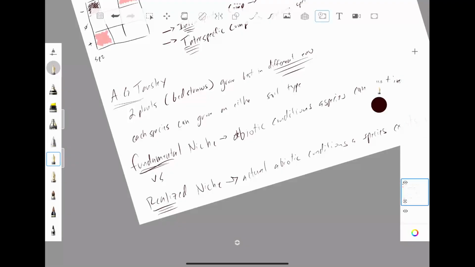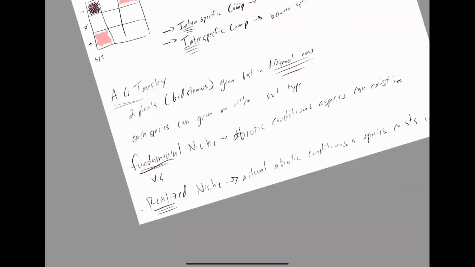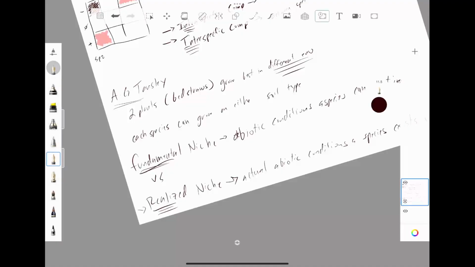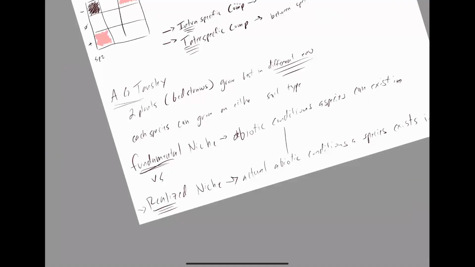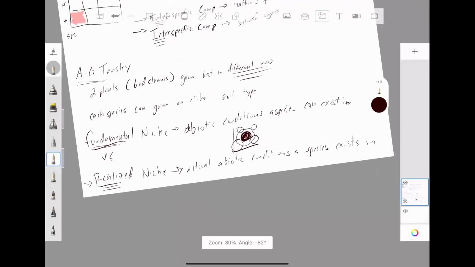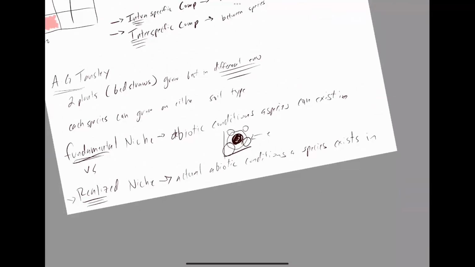Does that make sense? So in this case, we have two species of bedstraws, both of which have a slight competitive advantage in a given soil type. And when they're grown alone, either species can grow in either soil type. But when they're grown together, one species outcompetes the other. And this is the idea that species interactions like competition can shape the realized niche and make it different than the fundamental niche. You should check out the picture in your book that looks like this, where it's got like a bunch of little circles. Here's the fundamental niche, but then there's competitors that sort of narrow down to the realized niche right here. Make sure you understand that figure too. That's one we might like to ask about on an exam.